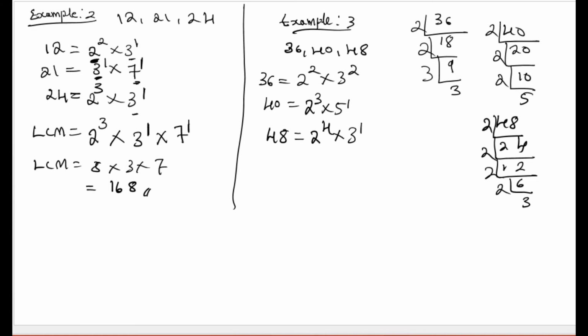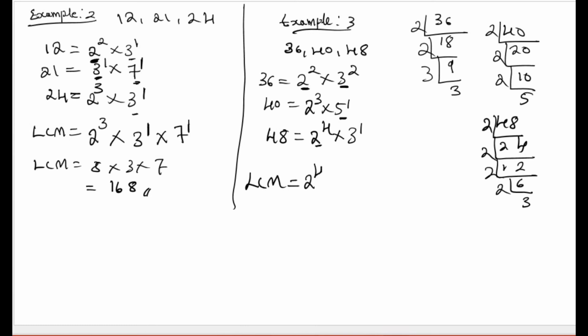So next, LCM is equal to the product of the highest power of all the factors. What are the factors here? One factor is 2, another factor is 3, another factor is 5. You can find only 3 prime numbers, right? Okay, then consider the first factor, that is 2. What's the highest power here? Highest power is equal to 4, right?